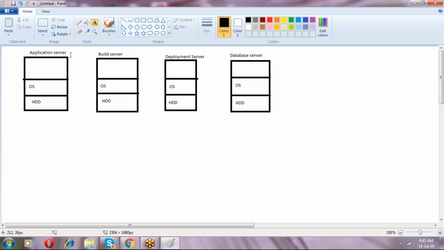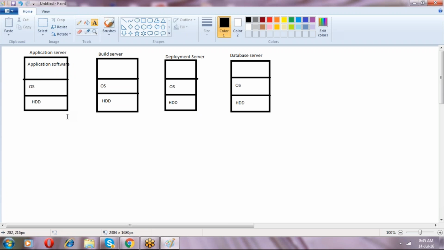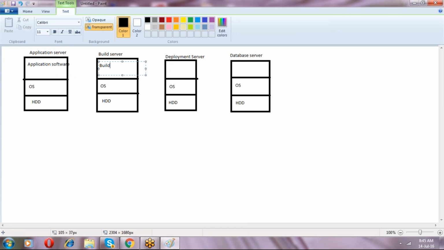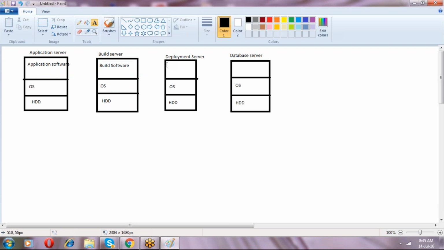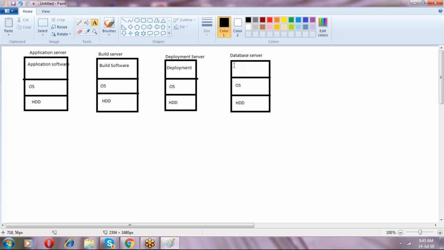Operating system. Application software. And then build software. And then deployment software. And then database like MySQL or Oracle.